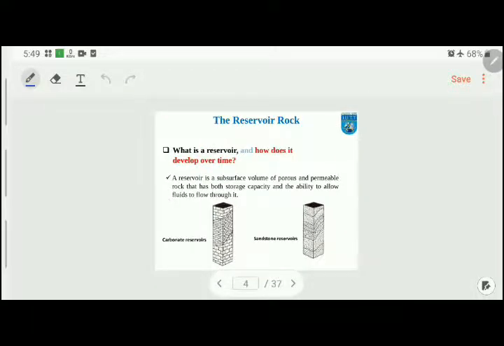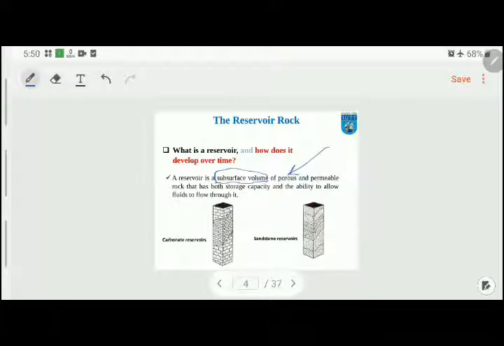The reservoir rock: what is that reservoir and how does it develop over time? معروف معانا إنه الريزرفوار is a subsurface volume، عبارة عن حجم تحت الأرض، مكان أو خزان على ما بيقولون. It's not خزان مثل الخزان الأرضي الذي موجود معنا في البيت، بس عبارة عن صخور. هذه الصخور it has